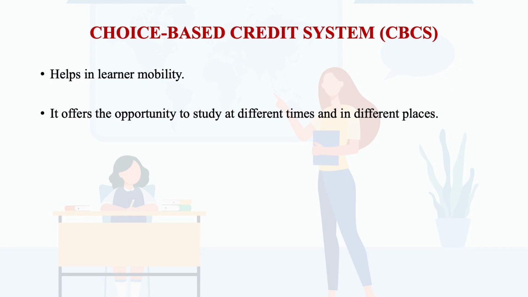Okay, that means the credit that they have earned in one institute, the same credit will be transferred to another institution, and the rest of the courses a learner can pursue in another institution. And further, we can say that it offers the opportunity to study at different times and in different places. So one learner can study a few courses in one institution and a few courses in another institution at the same time. So such flexibility, such learner autonomy, such learner mobility is given in choice based credit system,